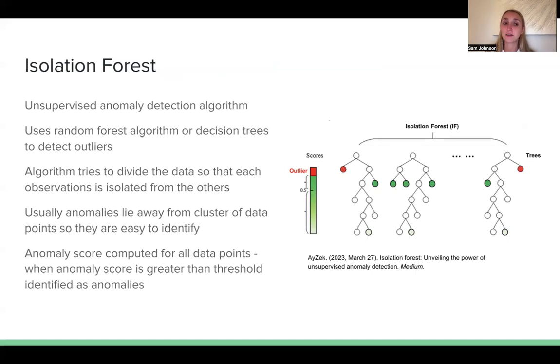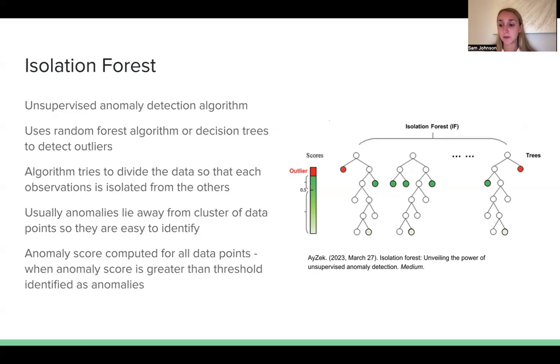An isolation forest is an unsupervised anomaly detection algorithm that uses random forests or ensembles of decision trees to detect outliers. So the isolation forest tries to divide the data so that each observation is isolated from the others. The thought is that usually anomalies lie away from clusters of other data points, so they should be easy to identify. Then the isolation forest computes an anomaly score for each data point. If the anomaly score is greater than a predetermined threshold, then that data point will be labeled as an anomaly